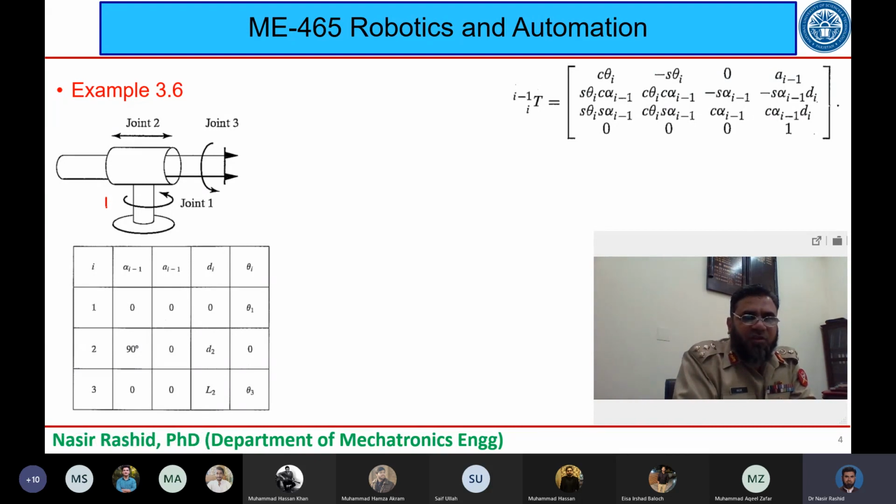So we have a rotational joint here, we have a prismatic joint here, and we have a rotational joint here. So हमने ये वाला एग्जांपल ऑलरेडी सॉल्व किया हुआ है, ये जो डीएच टेबल है ये हमने बनाया हुआ है,